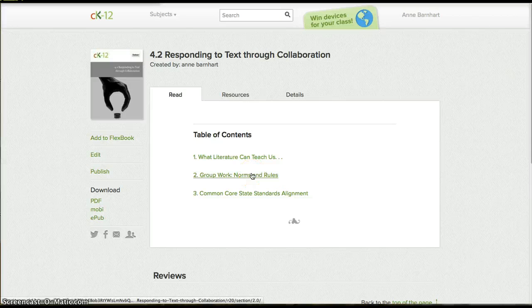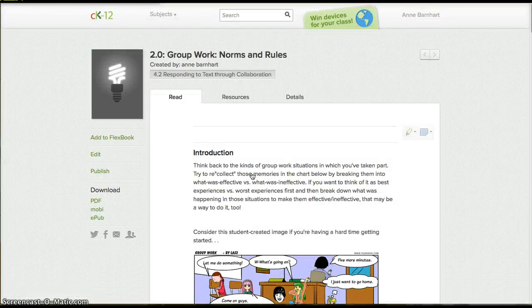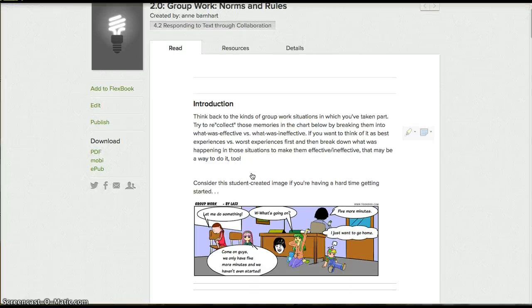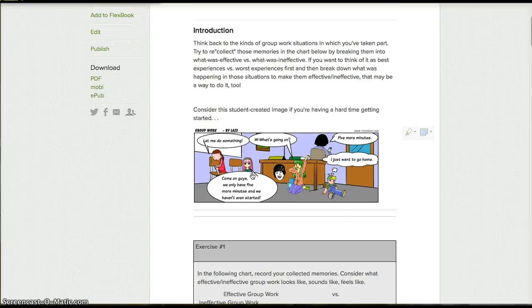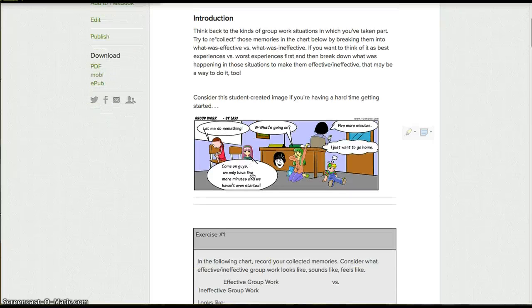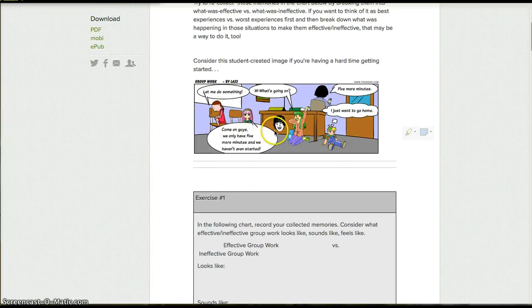The next chapter that I did is group work. Rather than the introductory thematic chapter within this unit, this one focuses on the ins and outs of working in a group. And while we've been doing this all year, I think for students to create their own groups, they need to know and think about what has been effective and what has been ineffective in terms of their experiences, not only in our class so far, but in previous classes as well. So I asked them to think back, to recollect their memories about what was effective and ineffective, and gave them this great little image of all different kinds of group members,